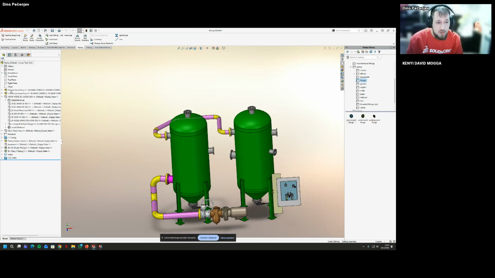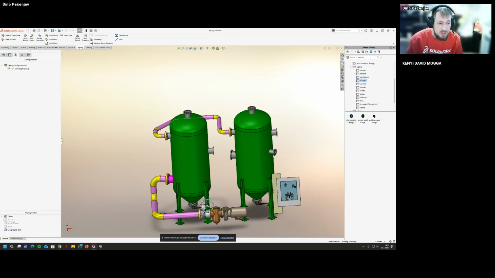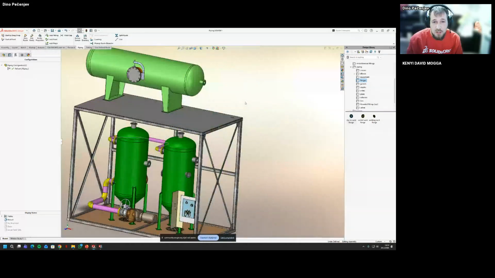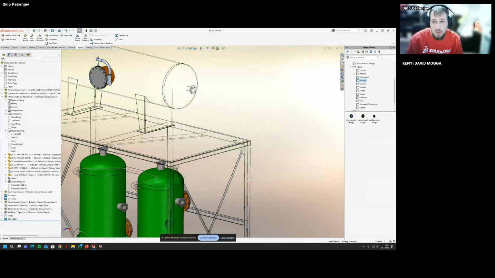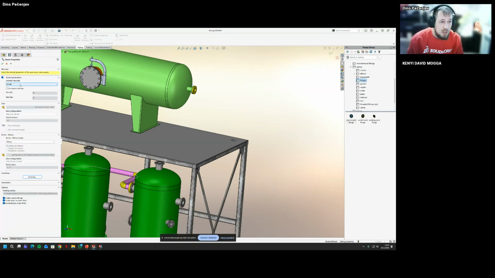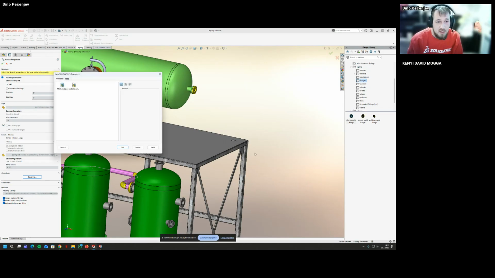And for the third route, I'm just going to switch display state to the default one. And I'm going to start a completely new route. So we're going to use this size, 150 NPS 3. So I'm using this size. It will automatically recognize, if you can see, even though I named it schedule 40, you can see the pipe is 3 inches, but it uses this schedule as a size.